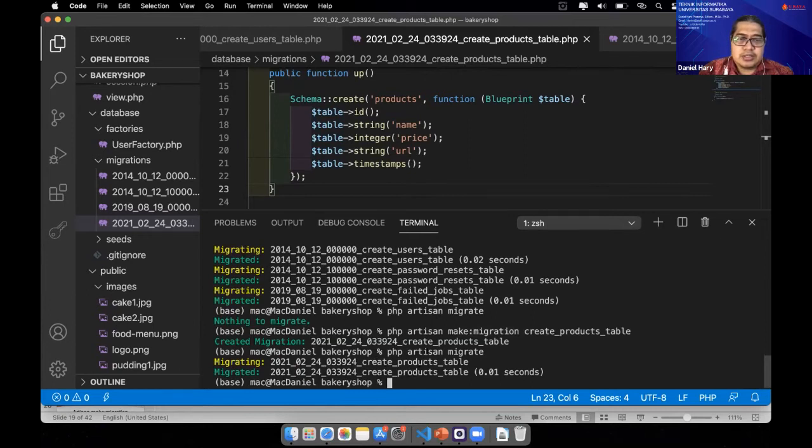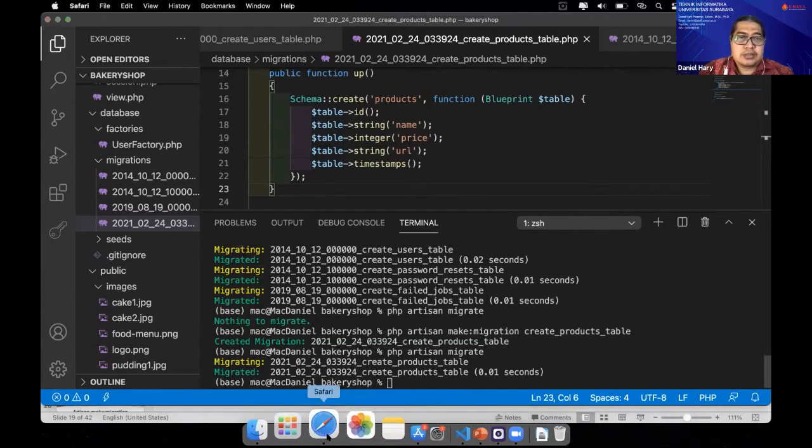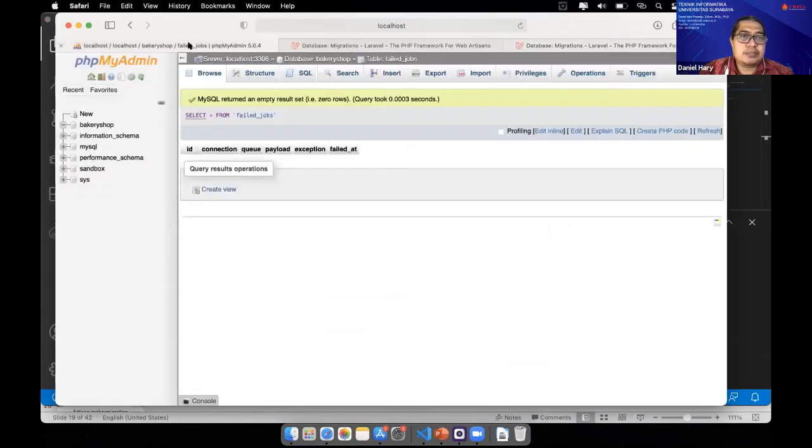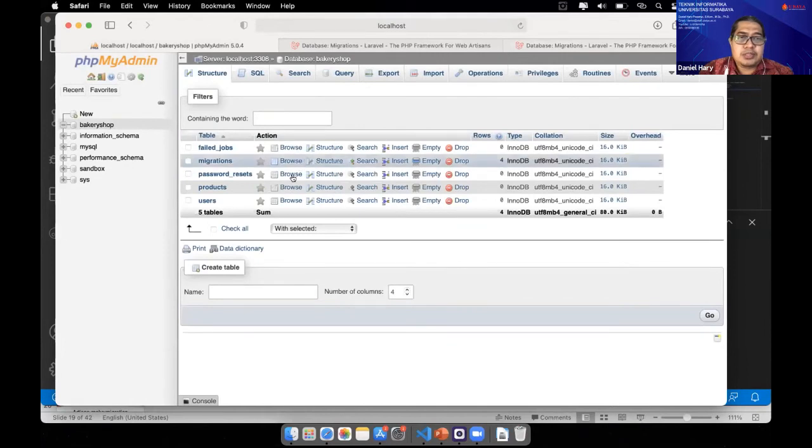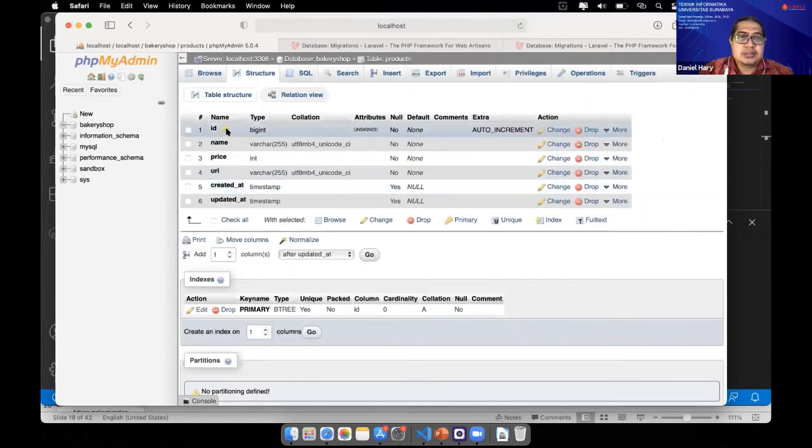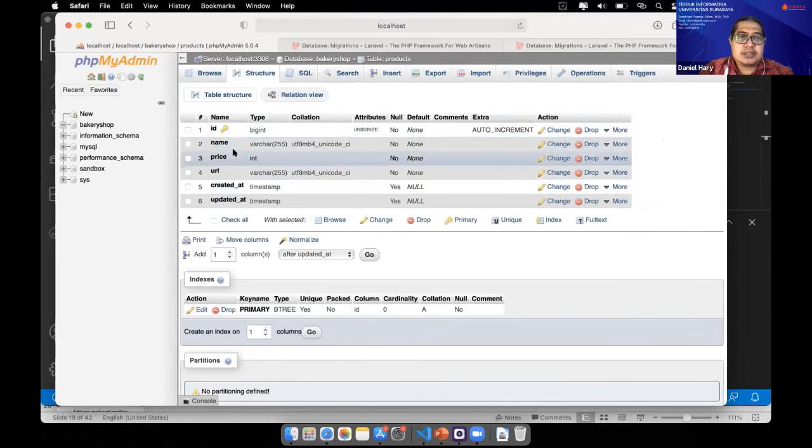The migration is success, and then we can check it in our table. In bakery shop, there is the products table here, the structure: price, name, URL. So our first migration is success.